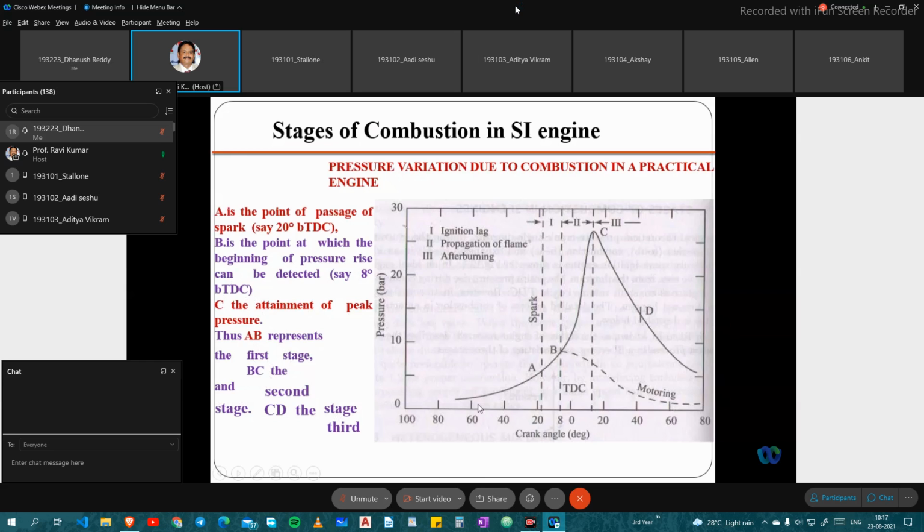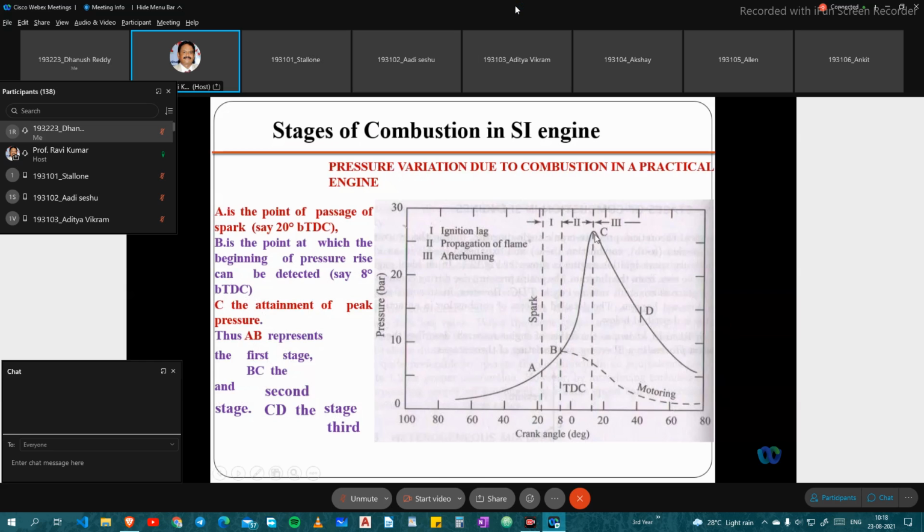We start with A, the point of passage of the spark before TDC. The TDC mark is given here. A starts where the inlet valve opens and we allow the fuel to pass inside. B is the point of the beginning of the pressure rise, detected about 8 degrees before TDC. C is the attainment of peak pressure, where combustion gives us the peak pressure. This part A to B we call the first stage, and B to C